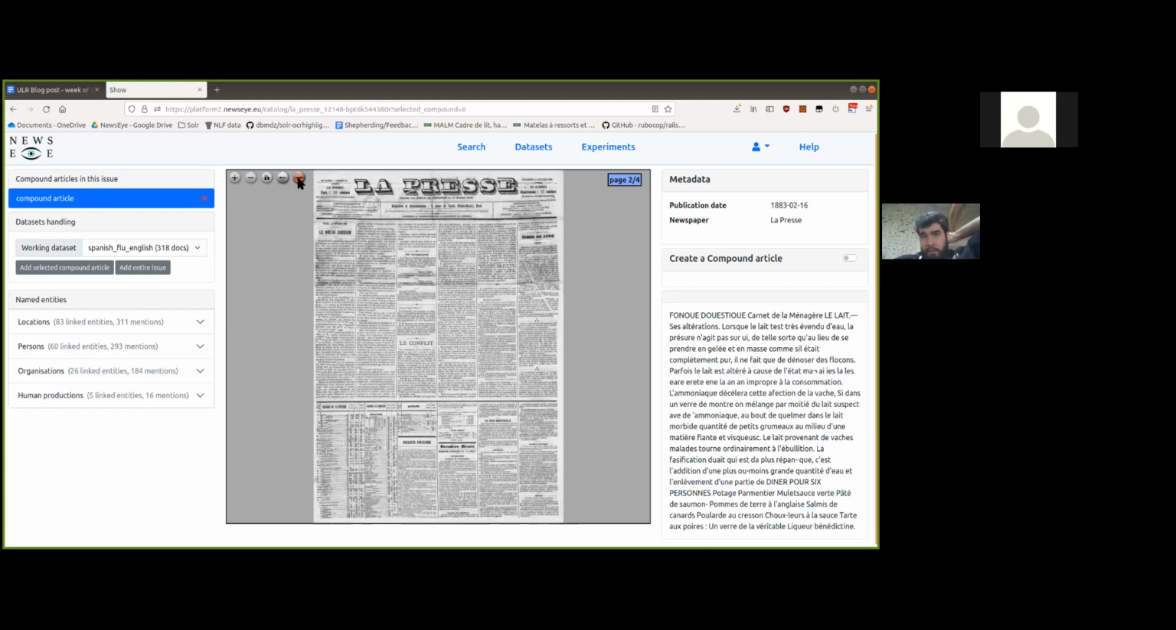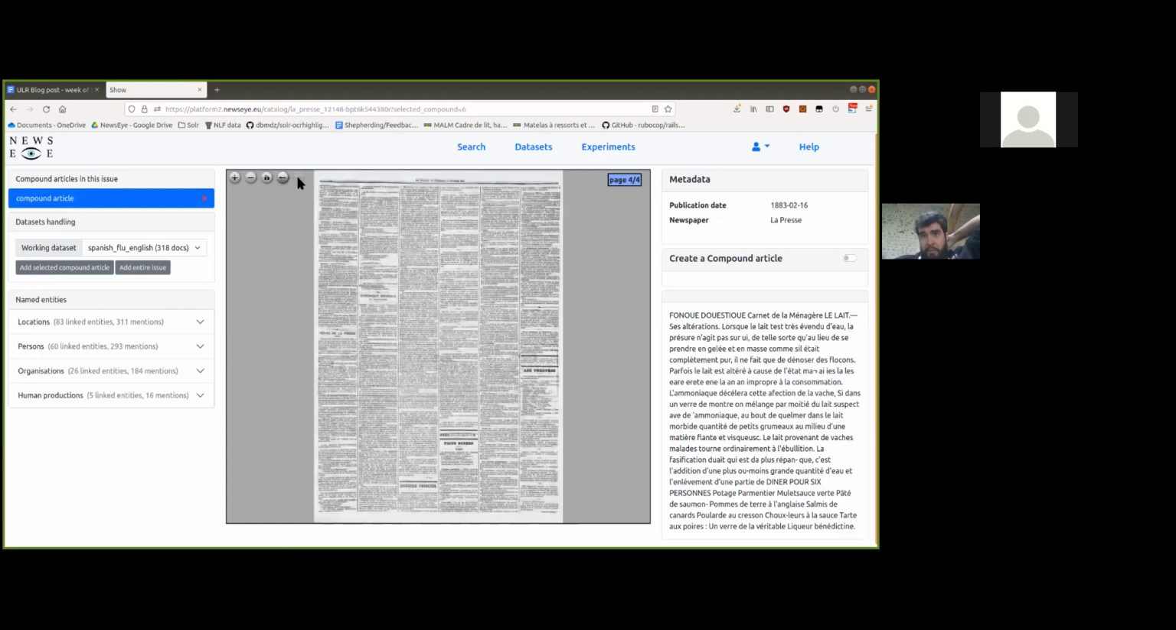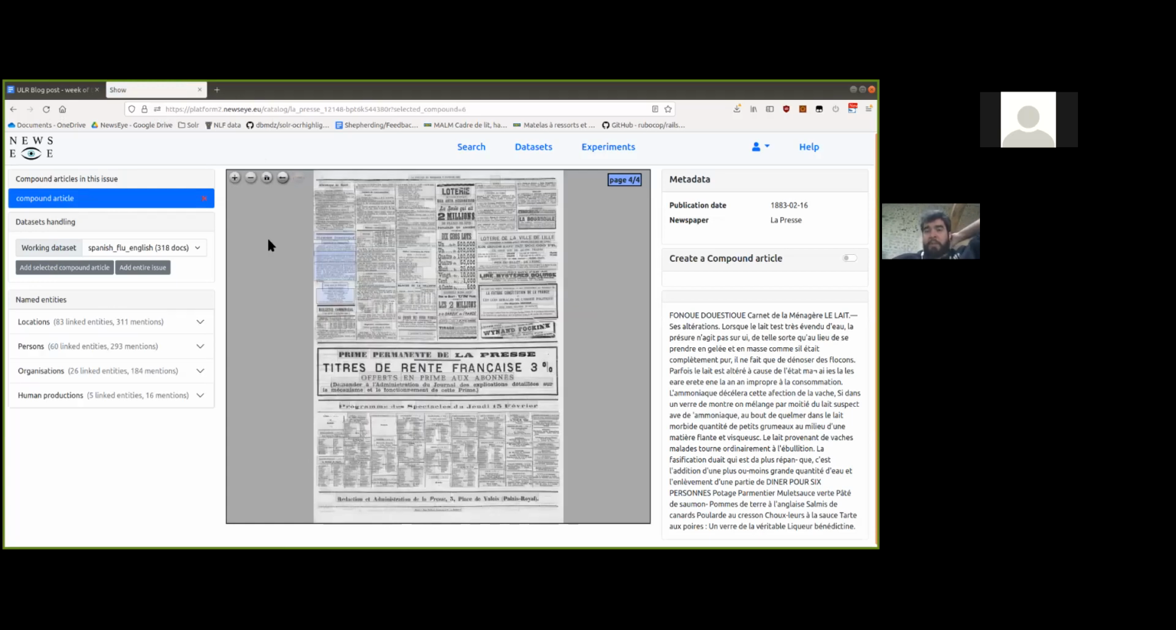I think it was on the third one or fourth one. I don't remember. Yeah, it was on the last page. So this is something that I should add, that when you click on an article, it switches to the right page, but there are a lot of things to improve. And you can see that the compound article that you created is now there,